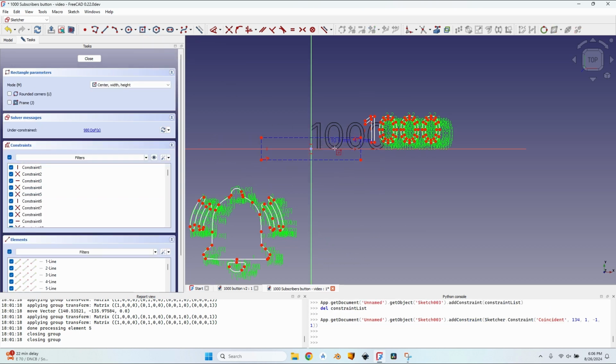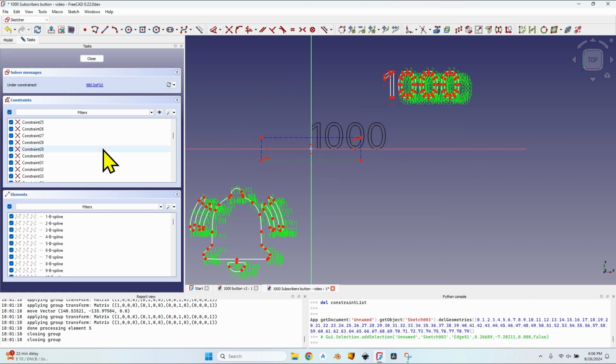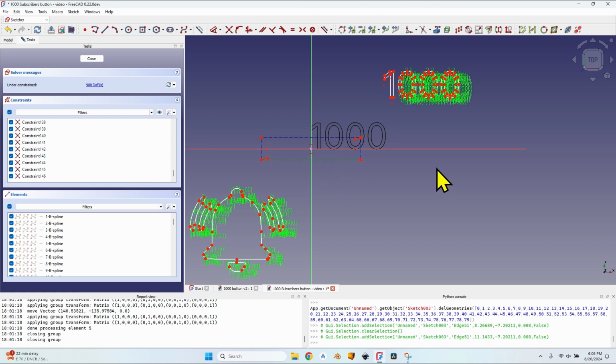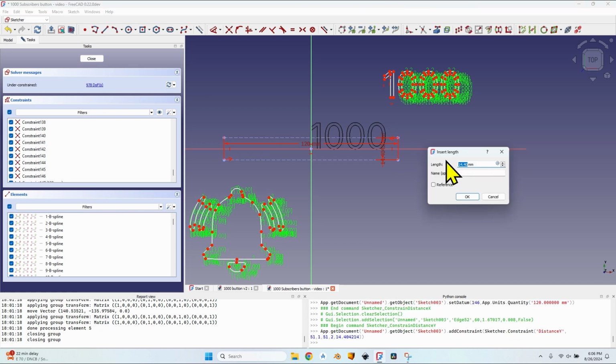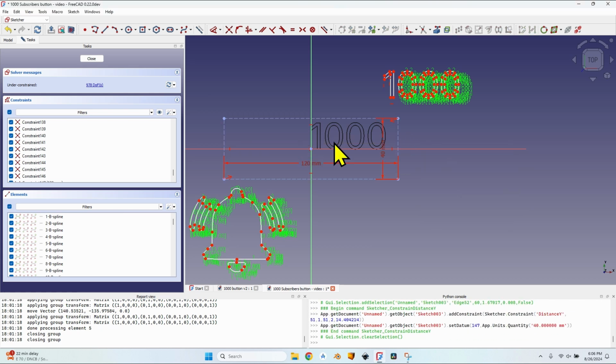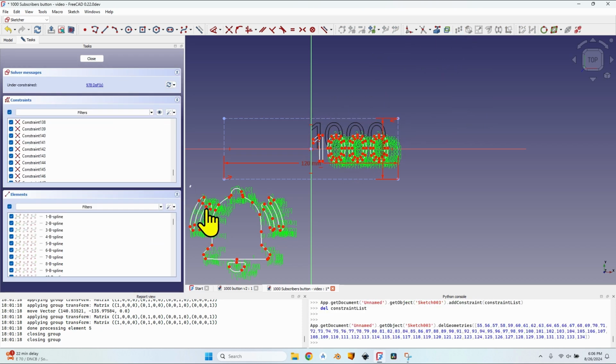I will give it dimensions a little bit later, because I also have to move the 1000 from here. And now let's give some dimensions to this rectangle, because it doesn't have any dimensions. So select the bottom, press L, let's give it a length of 120 and a height of 40, just as the piece of wood that we want this to be placed on. Now I can select the 1000, select any point, move it inside this rectangle, and do the same with the